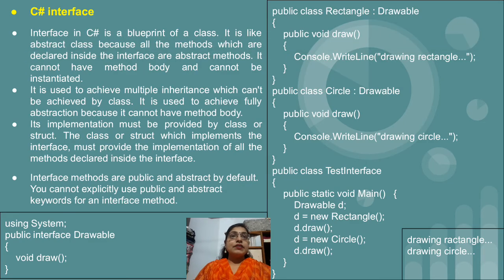Then next we have the C# interface. The interface topic we have already learned in multiple inheritance. Multiple inheritance is actually implemented with the help of interfaces only, but still we will revise the same topic again. To create an interface we make use of the interface keyword,